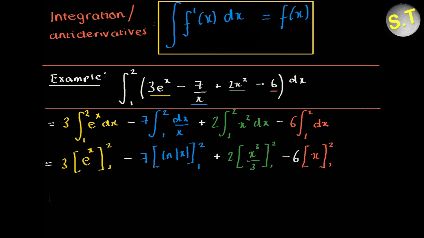So finally we have 3, and now it's just a case of simple substitution. We always substitute the top limit and then subtract the bottom limit substituted. So we have e to the 2 subtract e to the 1, minus 7 times the natural logarithm of 2 subtract the natural logarithm of 1,